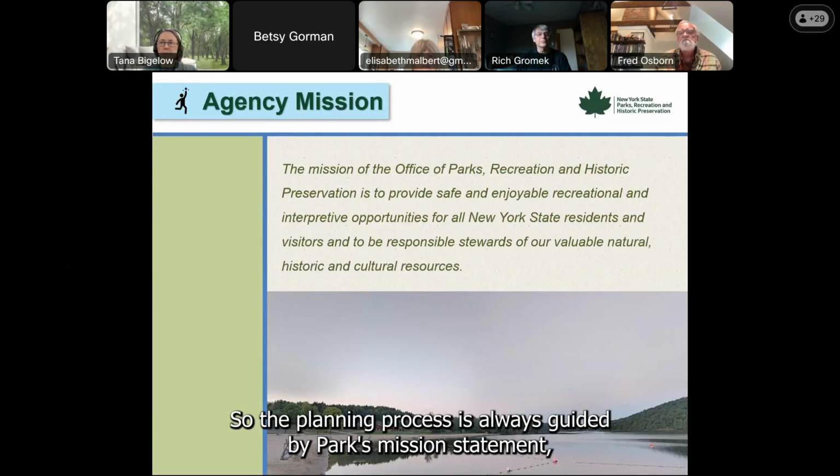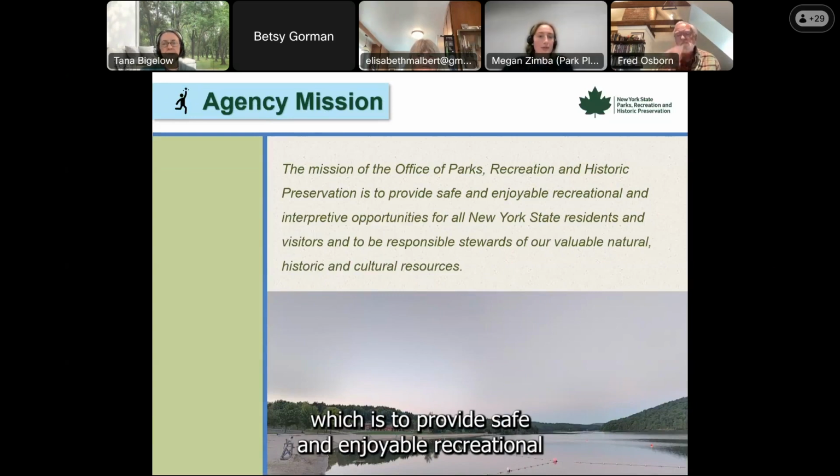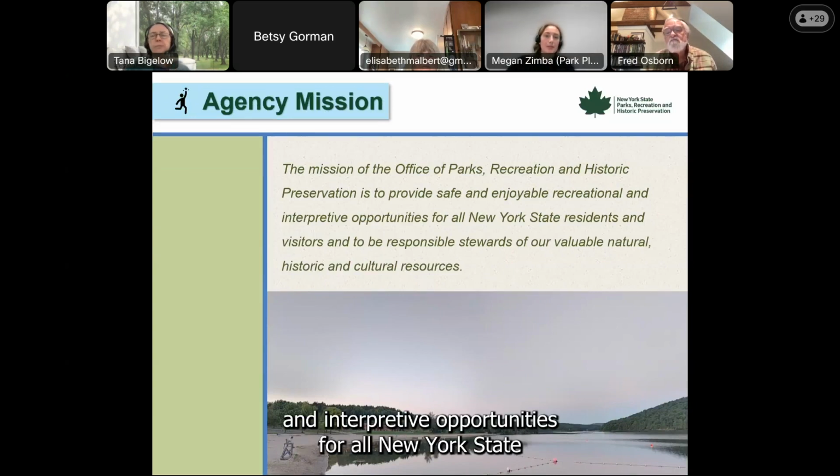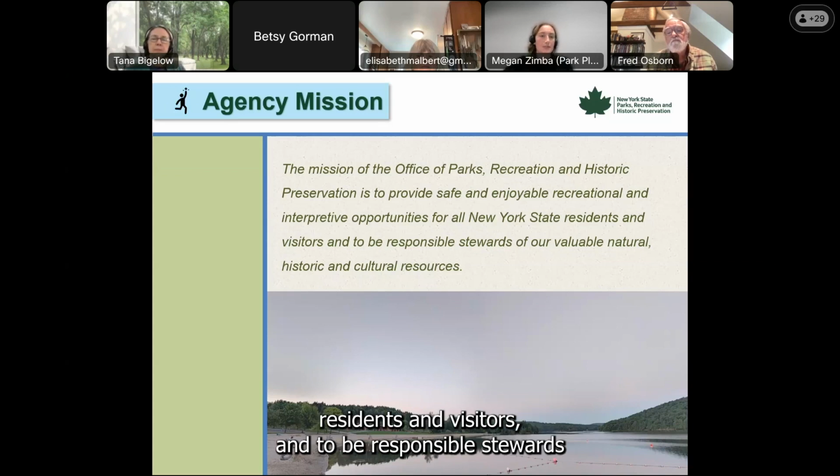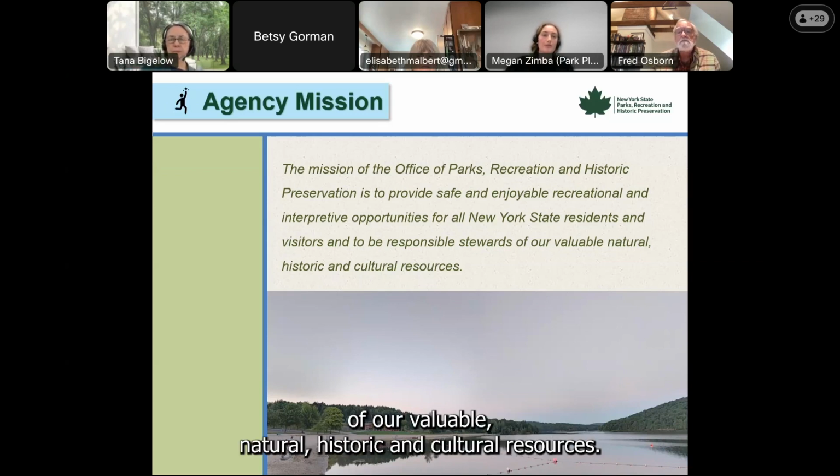So the planning process is always guided by Parks' mission statement, which is to provide safe and enjoyable recreational and interpretive opportunities for all New York State residents and visitors, and to be responsible stewards of our valuable natural, historic, and cultural resources. So with that in mind,